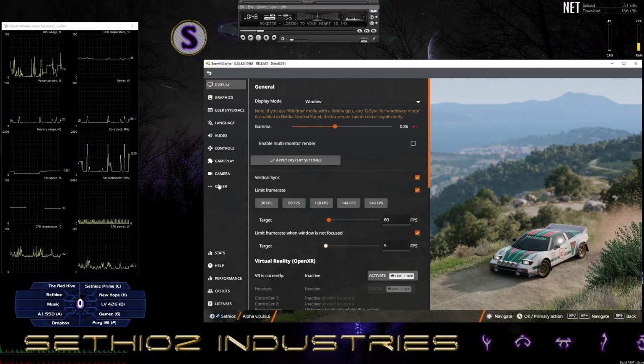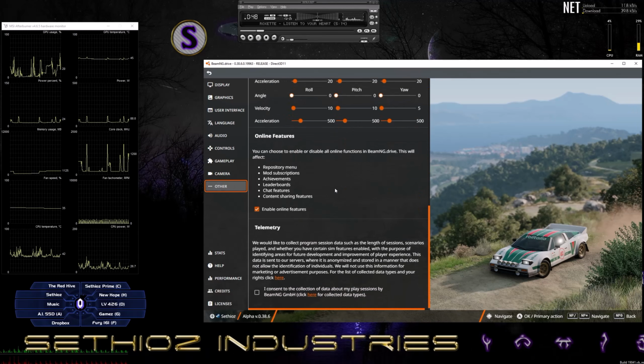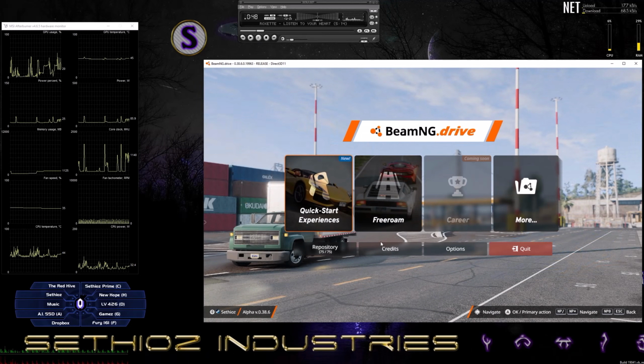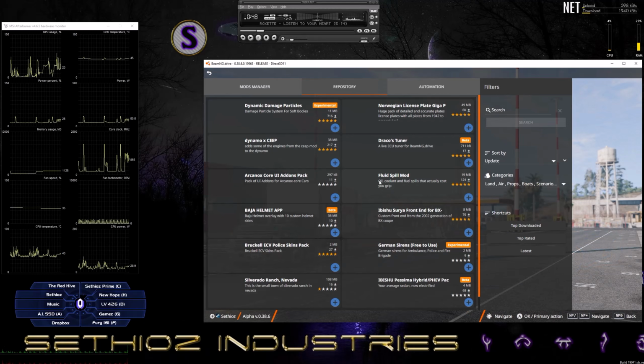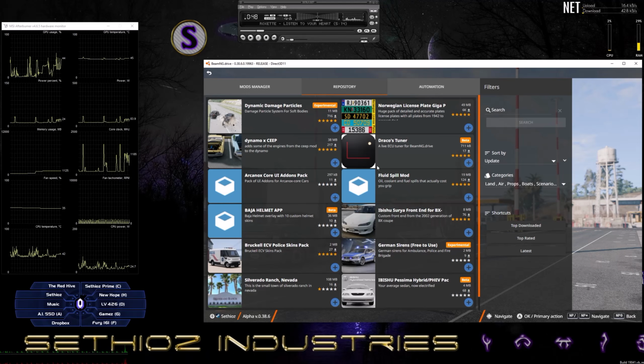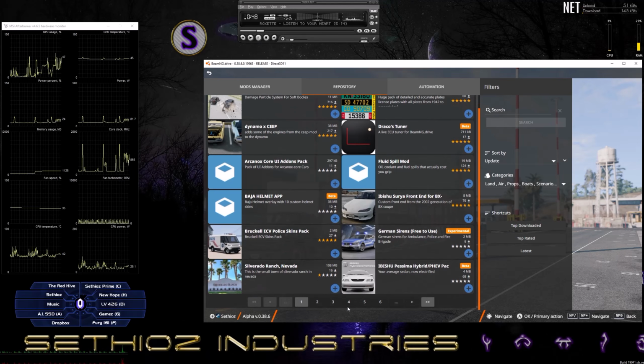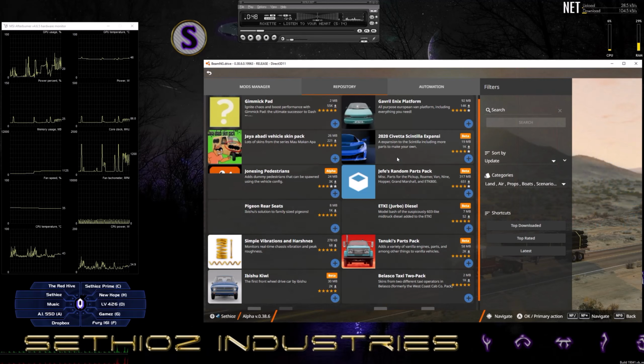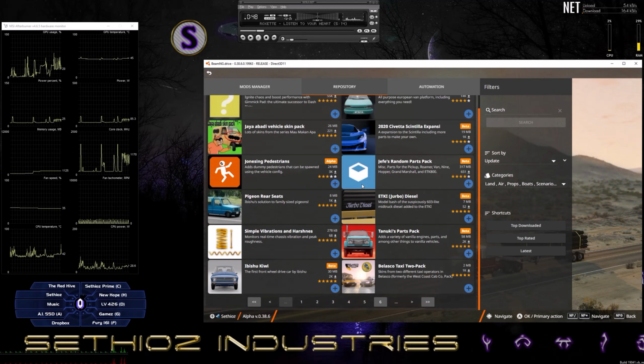First click on Options, Other, then scroll down and make sure Enable Online Features is enabled. This means the repository, mod subscription, and as you can see other things in there. Then you go here, click on the repository in here, and voila, you can see the mods in here. There are a lot of pages, the old good page numbers, which I like, but the limitation is that there